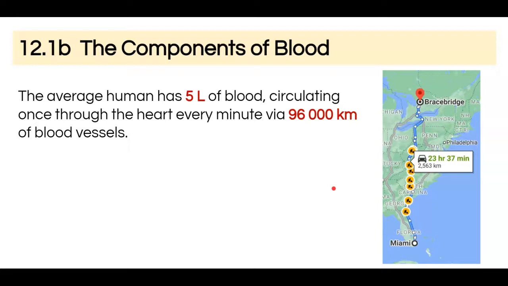So first of all, let me mention that the average human has about 5 liters of blood. And if you need to conceptualize that, 1 cup is about 250 milliliters, so just your regular measuring cup. And so a liter will have 4 cups to it. So 4 times 5 tells you that you have about 20 cups of blood. So if you need to know, that's a visual of around about the amount of blood you have